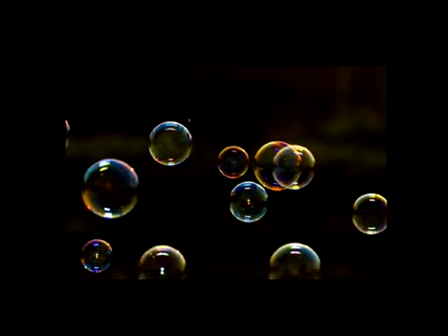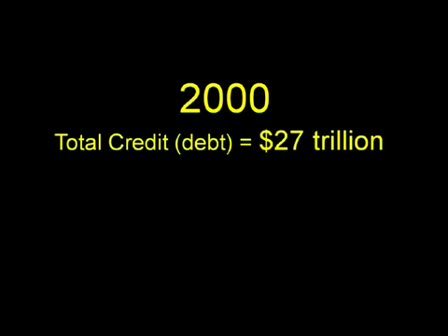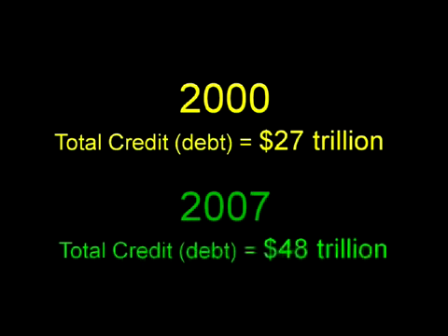While it's tempting to lay the blame for what's happening on the housing bubble, it's important to remember that the dramatic rise in house prices was itself just a symptom of a credit bubble run amok. Total credit at the end of 2000, when the stock bubble was bursting, stood at $27 trillion. By the end of 2007, it stood at an astounding $48 trillion. This $21 trillion increase in borrowing is 5 times larger than the increase in U.S. GDP over the same period of time. Any attempt to understand the housing bubble has to be viewed against the backdrop of this massive increase in debt.